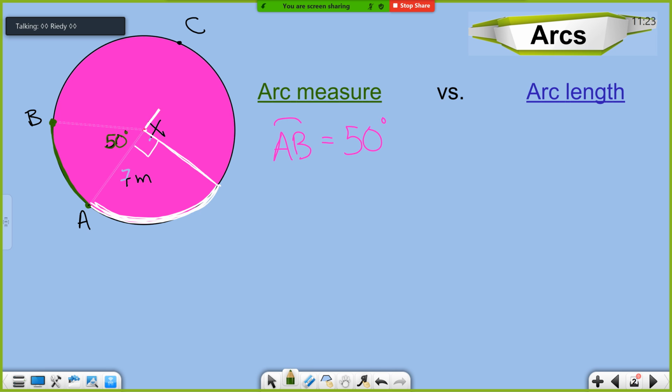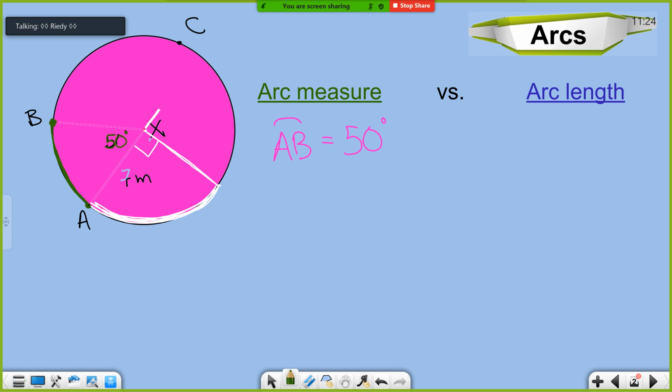Okay, so let's review. Oh, you got it. Do 360 divided by 50. Oh, so close. Think about what you just said. Or 50 divided by 360. Perfect. Okay, why? Because it's 50 degrees, and if you were to add up the right angles, 90 plus 90 plus 90 plus 90 is 360. So I don't know. I just